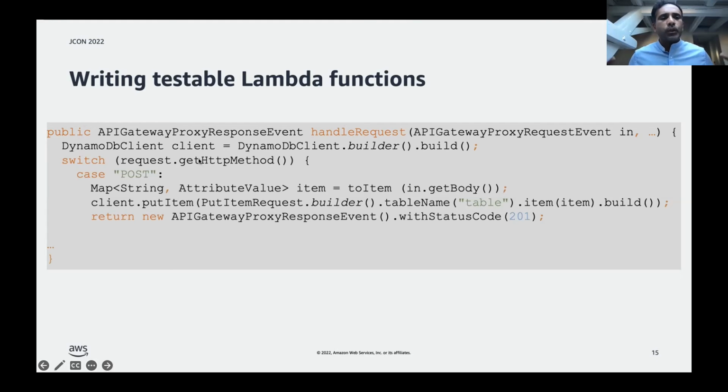So we try to squeeze in everything and react to all the different HTTP methods. And that's something you should consider separating, splitting your functions according to the verbs and making them much